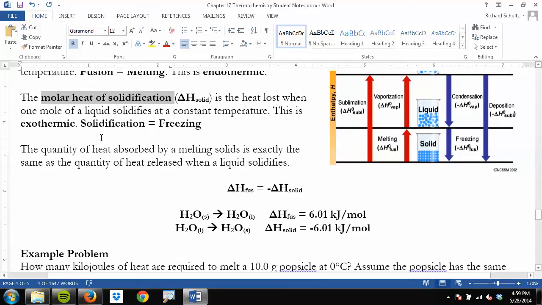So we can start seeing this relationship that if you have opposite state changes, in other words, melting, freezing, or fusion, the fancy way of saying melting, and solidification, the fancy way of saying freezing, the amount of energy needed to make those transitions is the same, but how that energy is absorbed or released is different. So we have to show that with this sign. This would be a positive sign here, and the sign for solid would be negative, because this is losing energy, this is gaining energy for it to